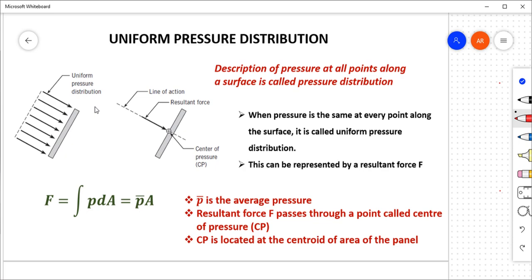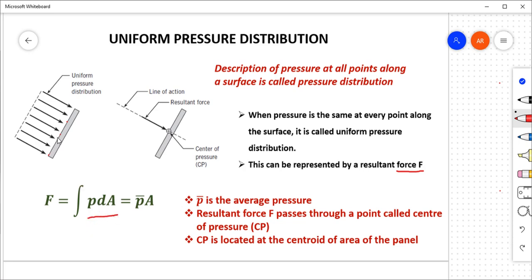Dear students, in this lecture we will discuss hydrostatic forces acting on plane surfaces. Consider a plane surface upon which uniform pressure is acting. That means at each point on the plane surface, the pressure exerted will be same or uniform. And this pressure can be represented by a resultant force which is equal to pressure into area upon which this